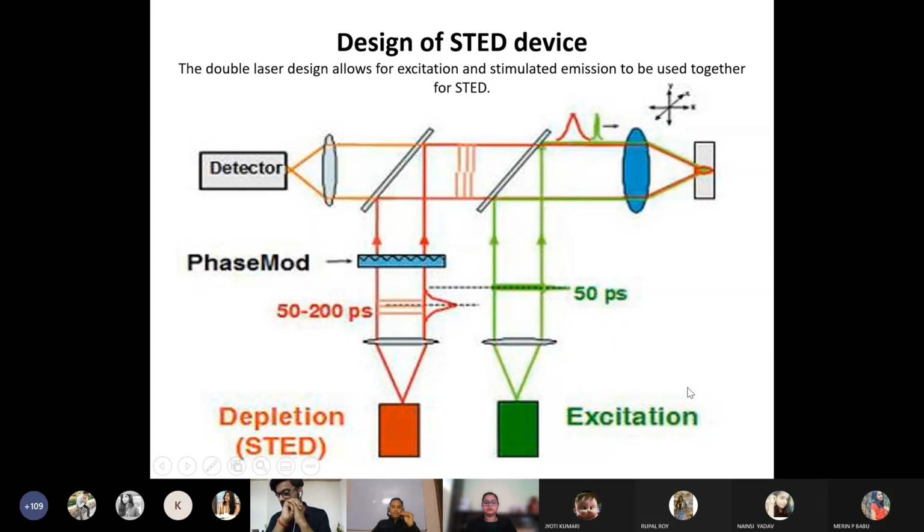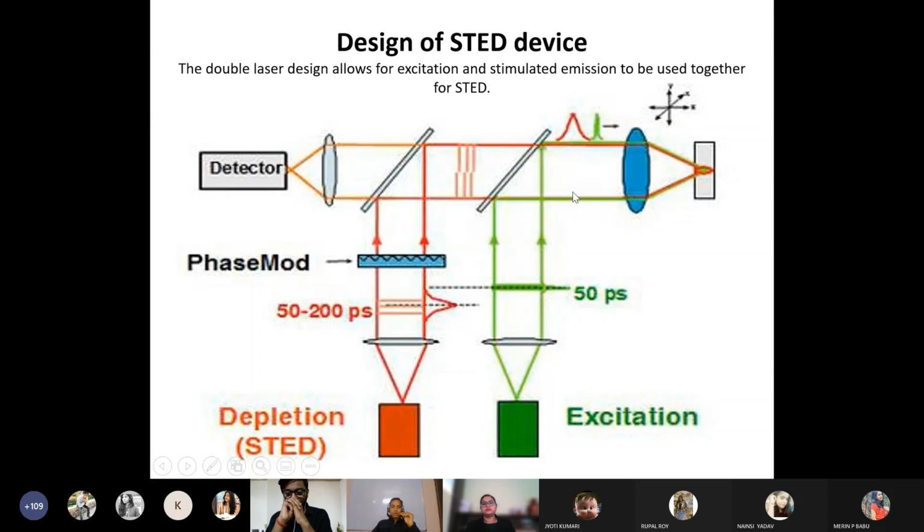So the idea is to reduce the 200 nanometer diffraction barrier. That means we have to peek into the different points within the 200 nanometer range. So how to do this, we'll talk about that. So this is a detector, and you have two different laser systems. Okay, so stimulated emission and depletion